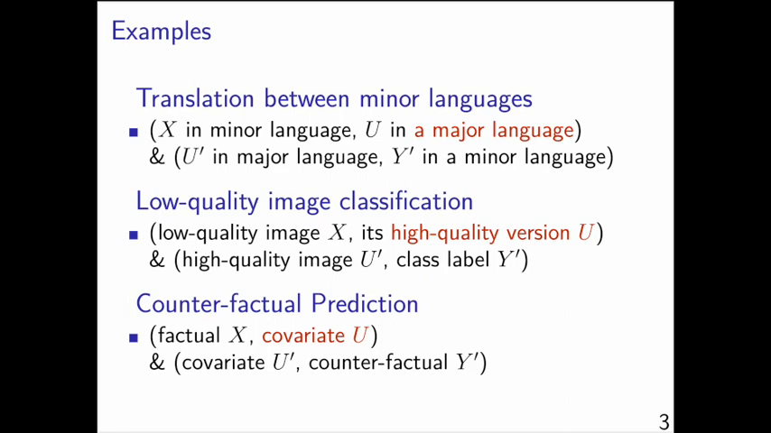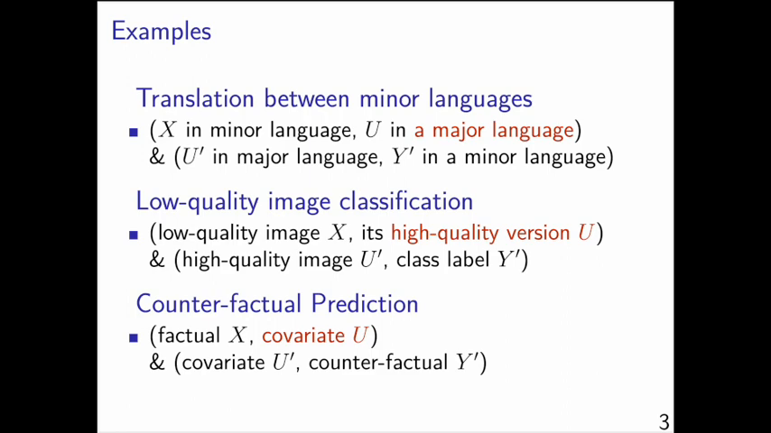Here are some examples of MU learning. The first example is translation between minor languages, in which we want to translate between two minor languages, but we don't have data of direct translations between them for training. Instead, we have pairs and input data x in the first minor language and its corresponding translation u in the major language. We also have pairs of text u' in the major language and its corresponding translation y' in the